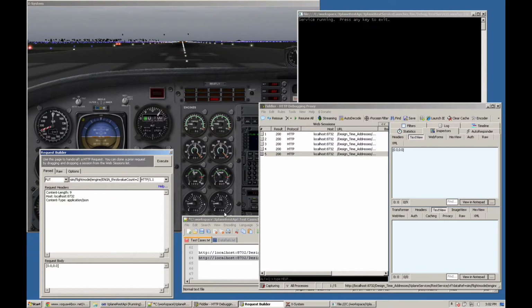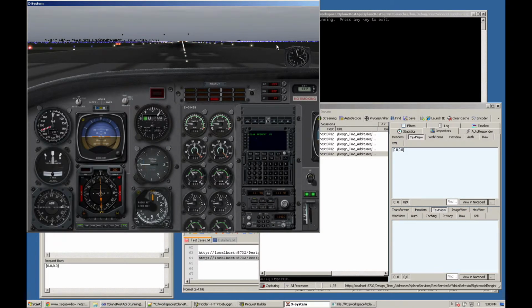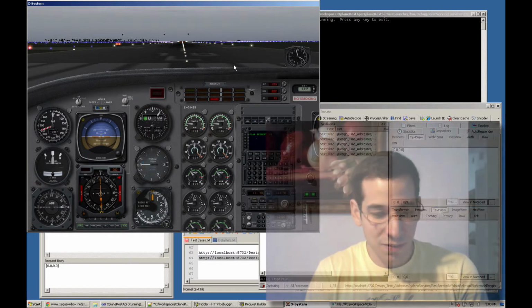And that's about it. That sums it up. I mean, you've never really been able to develop for X-Plane this easily. So this is a cool little plugin and web service that just allows you to develop so much quicker for X-Plane. In fact, I've written an application here for the iPhone,